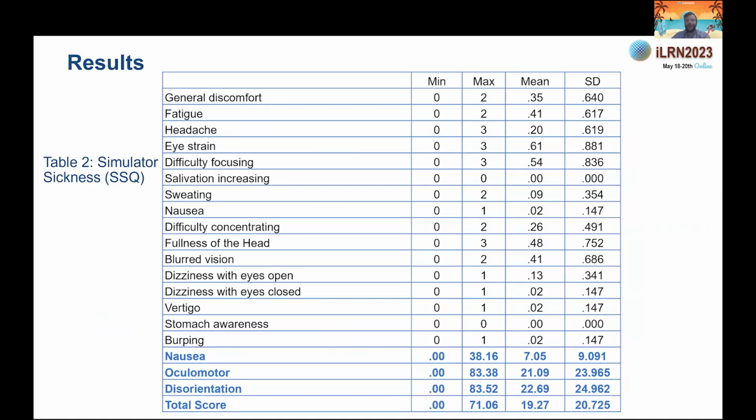Moving on to simulator sickness. The results here are split in 3 clusters, as you can see: nausea, oculomotor, and disorientation. The results are generally high, especially in standard deviation. However, we found similar results in research literature, which could be attributed to the fact that most teachers felt no symptoms, while others reported intense symptoms. This may be due to their age or lack of experience.